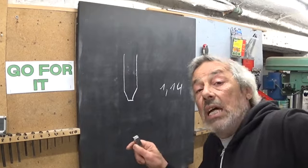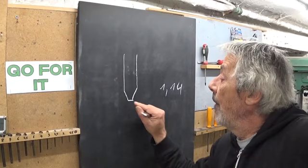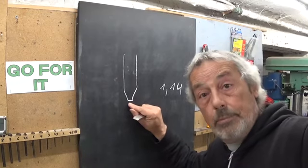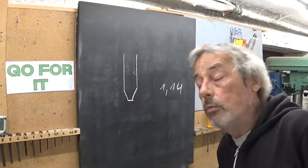One of the things I didn't know, and you guys helped me with this, was the width of the tip for the cutting tool. Well, now I know,